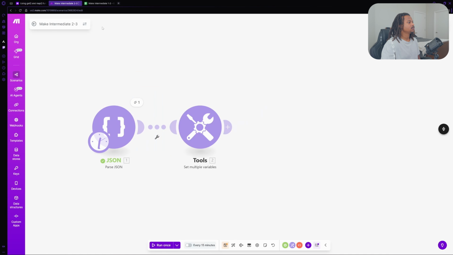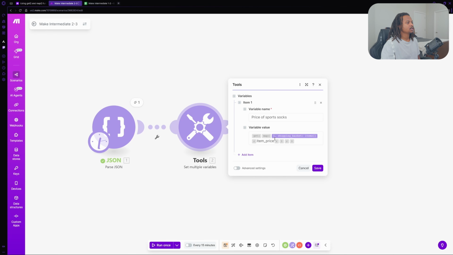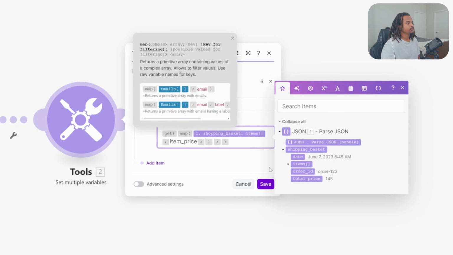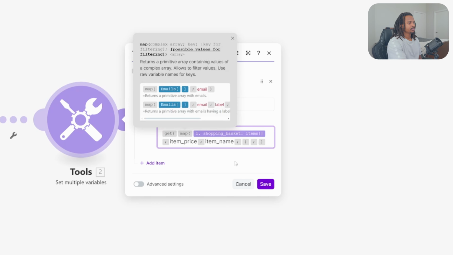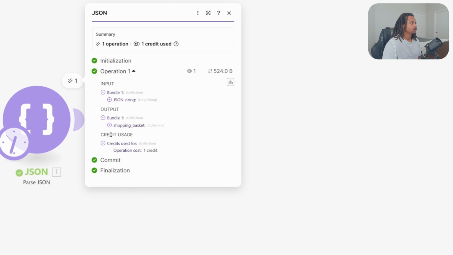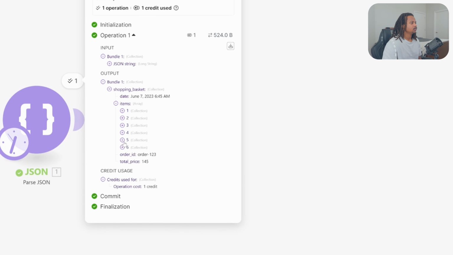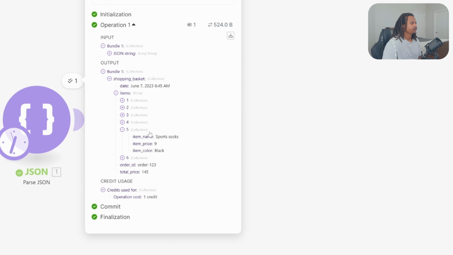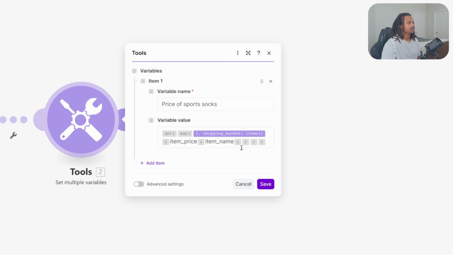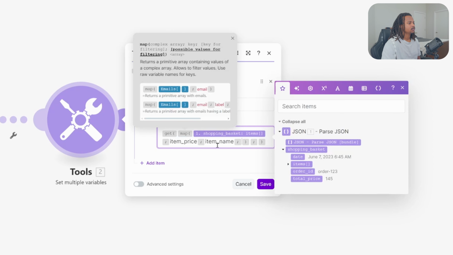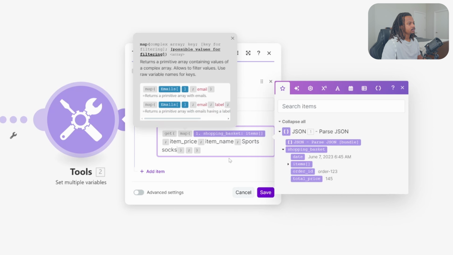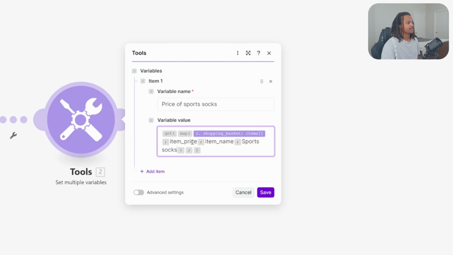So yeah, let's add that to our scenario here. So after item price, we're putting item name in its raw name, like that. Add a semicolon. Then we can go to the results of the JSON module in the shopping basket to find our sports socks in item 5. To copy the name, go back to our function, and then after the semicolon following item name, we are going to paste our item, which is sports socks,